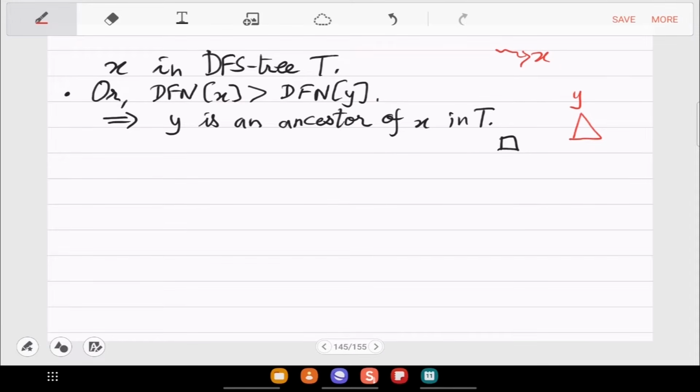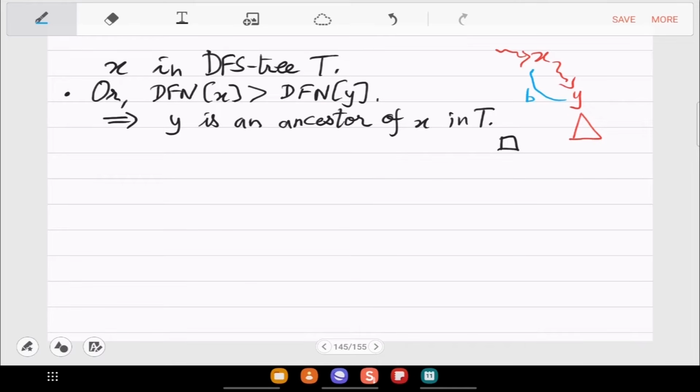So this is the back edge. Okay, so there is an edge connecting x to y, but what happened was somehow DFS of x bypassed that edge. It took some other route. So in the tree, this y to x or symmetrically x to y is a back edge. And you can see that in this case x is an ancestor. Or if the numbers are opposite, then also same thing. So one of these x or y is an ancestor of the other.